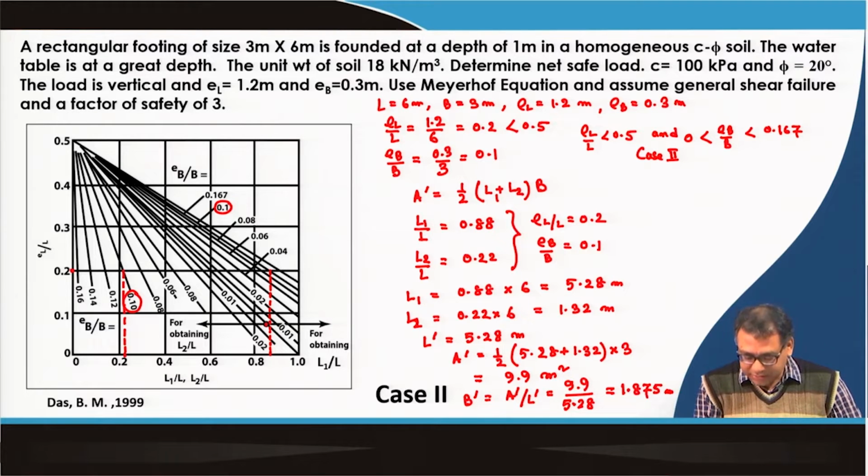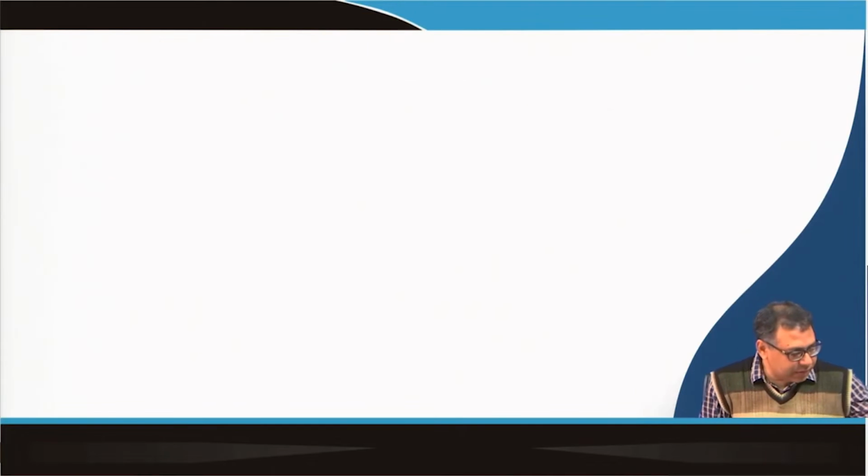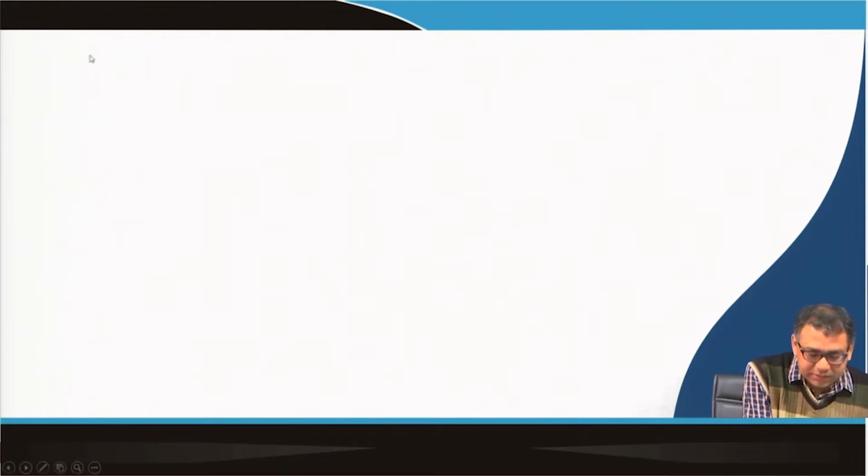And I have determined the effective length, which is 5.28 meter, and effective width, which is 1.875 meter. Original length was 6 meter and original width was 3 meter. And now we have to use the Meyerhof equation, and then we assume the general shear failure and the factor of safety is 3. So, now if I use the Meyerhof bearing capacity equation,